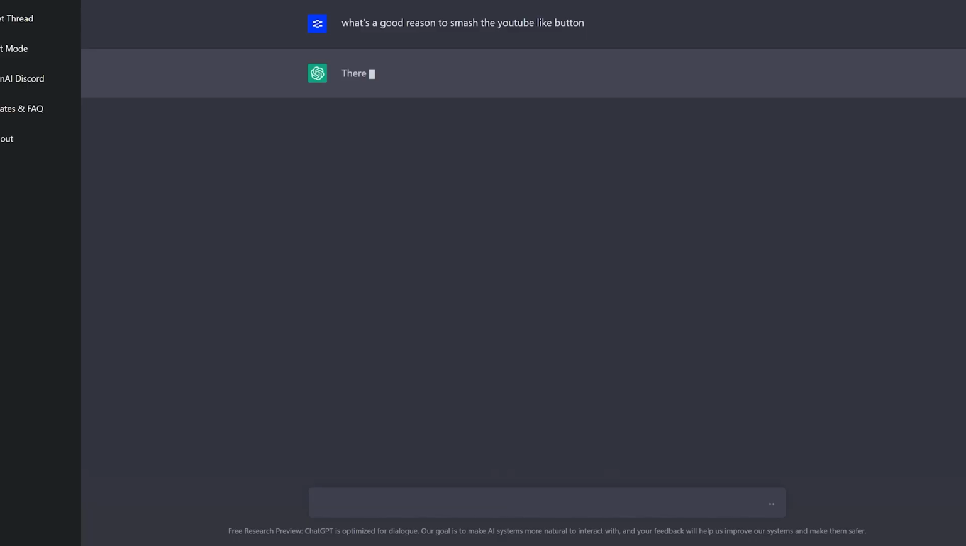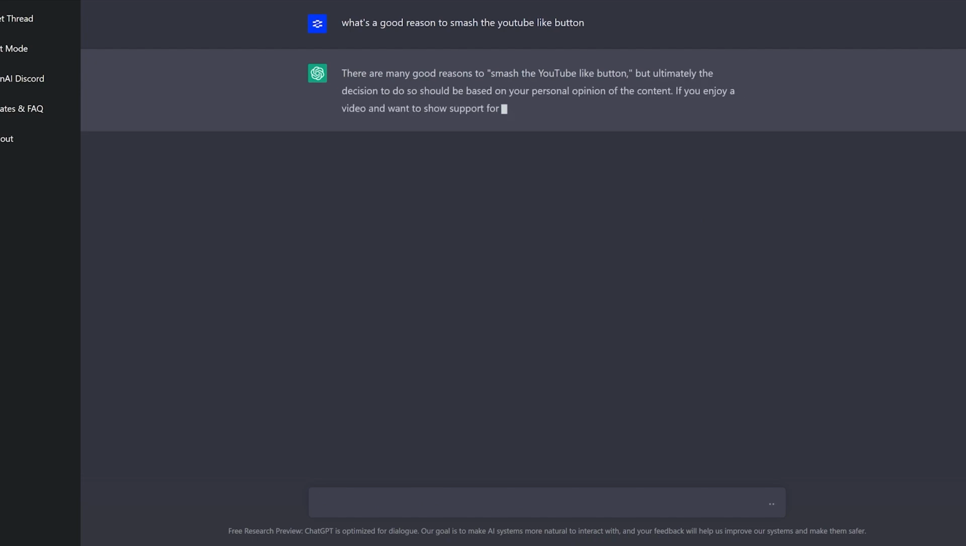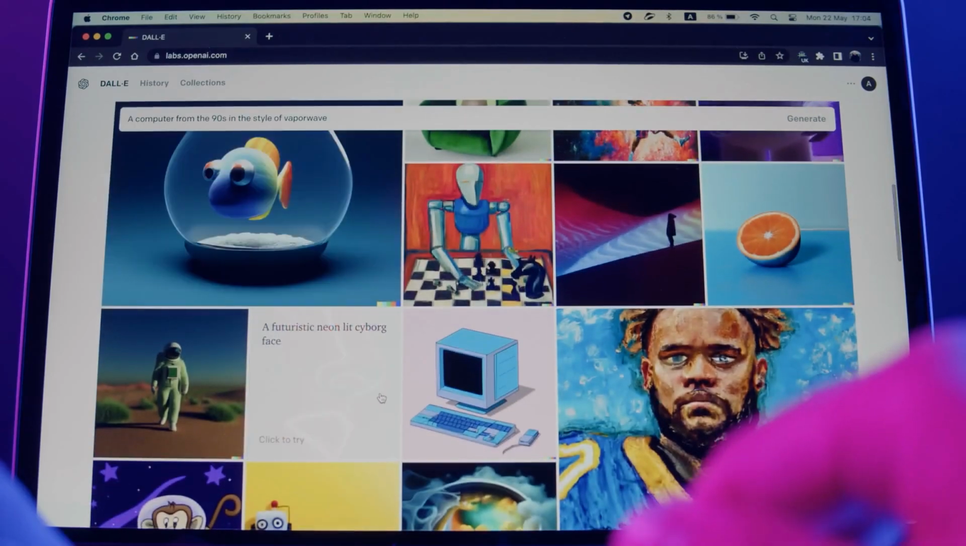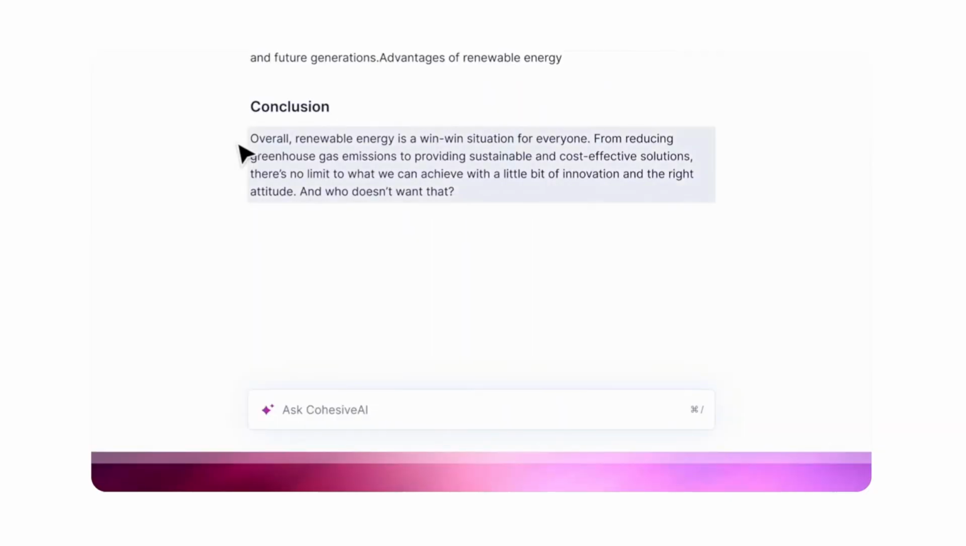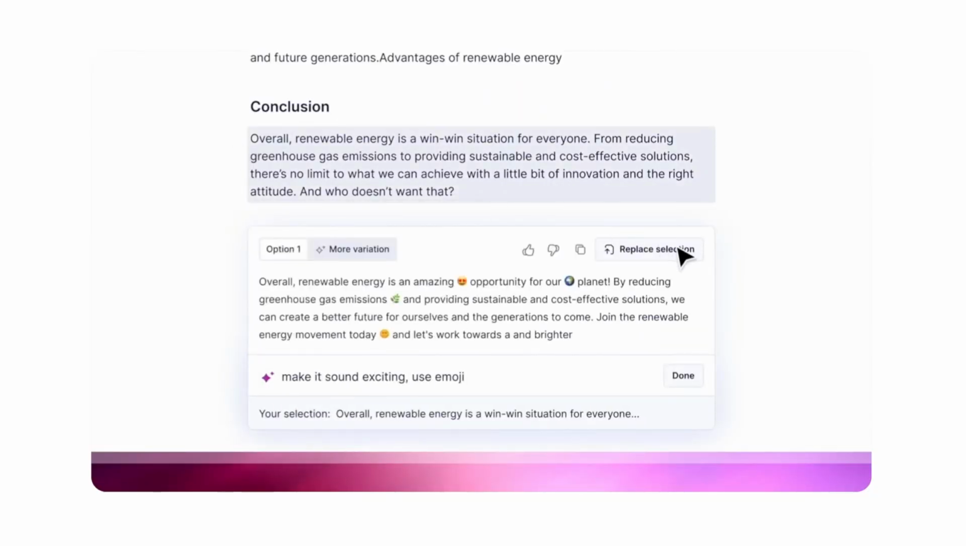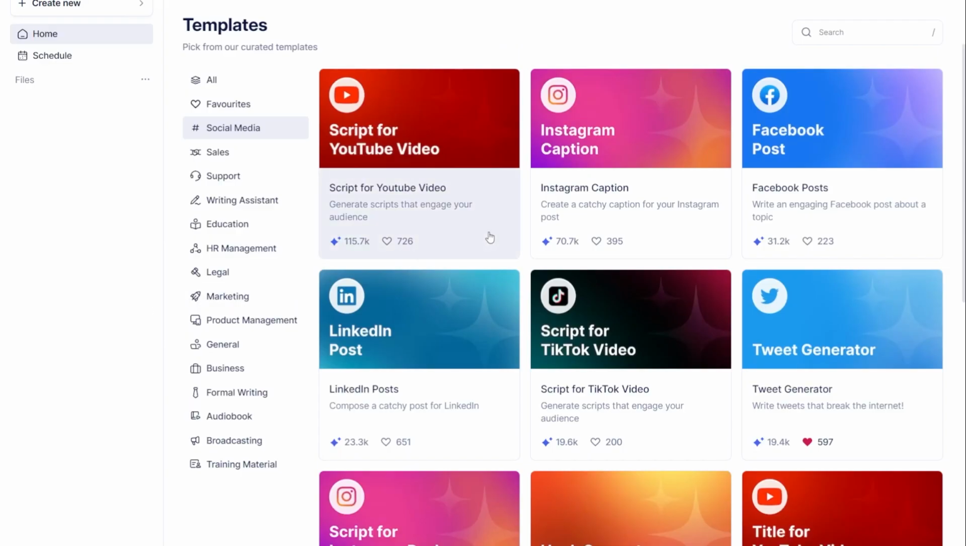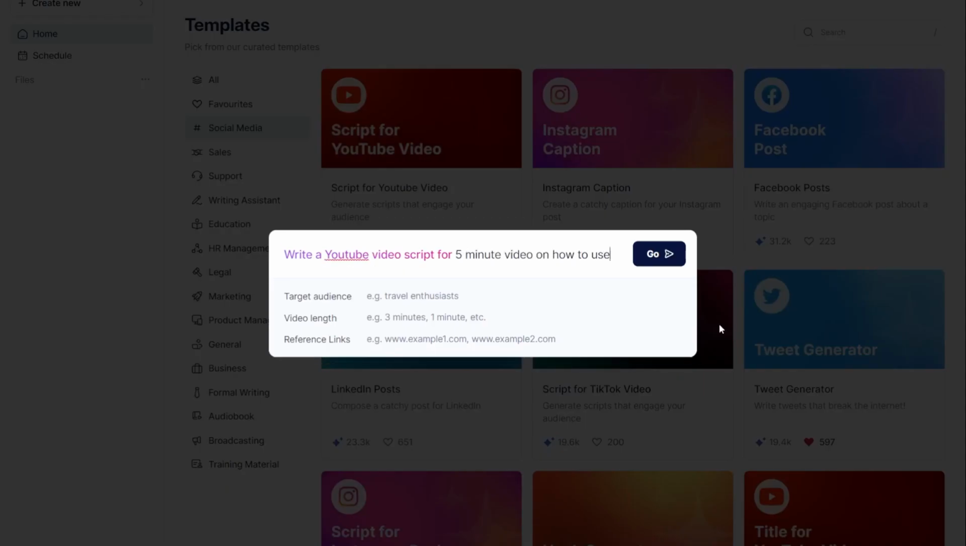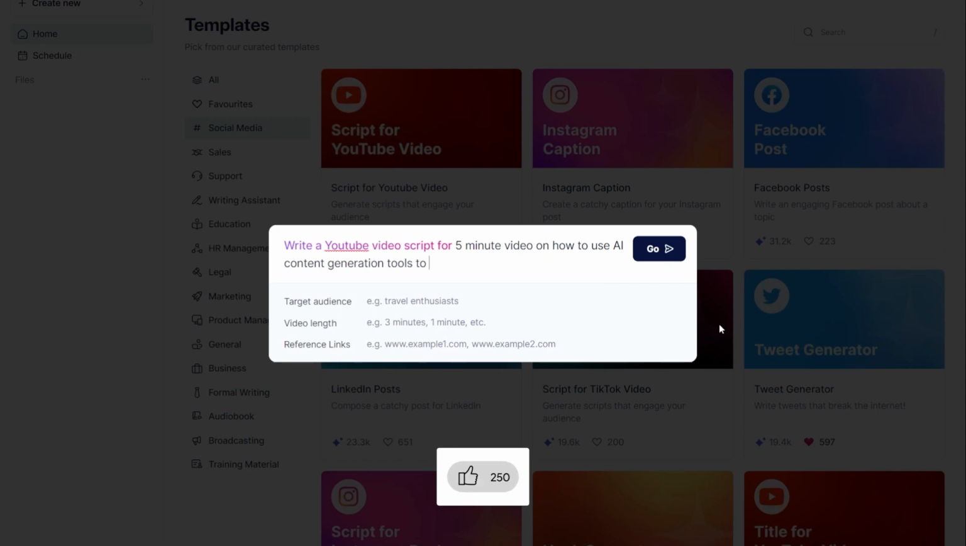It's taken a lot of tools you'd have to sign up for separately and packaged it all into one seamless tool. Creating scripts, voiceovers, and even full-fledged blog posts has never been easier. Let's get into how Cohesive AI can generate an entire YouTube script in a few seconds, but first hit the